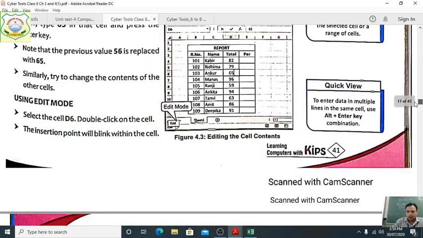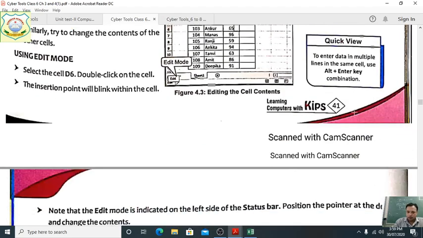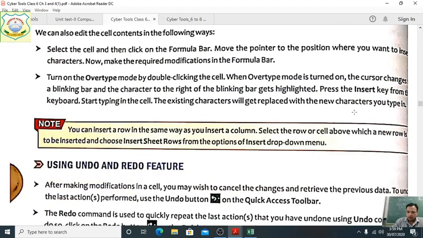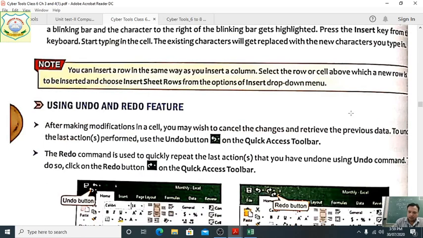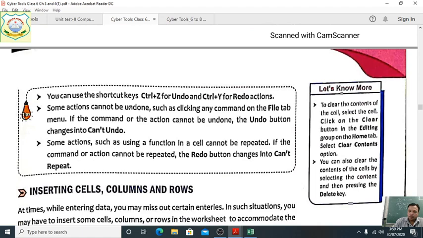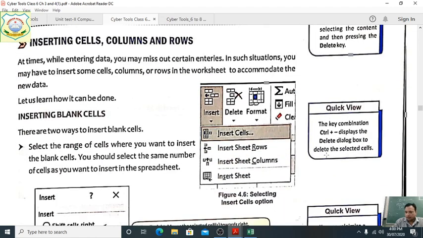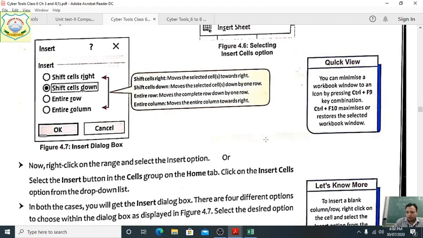Based on this quick view we have just told you: edit mode, all the shortcut keys, and the undo and redo features. These are shortcut keys. This one is a quick view of how to insert blank cells.